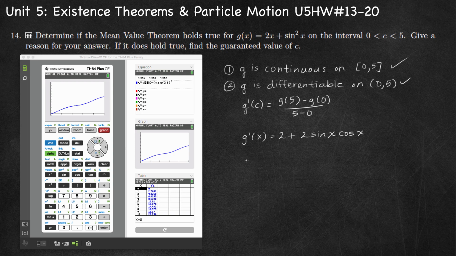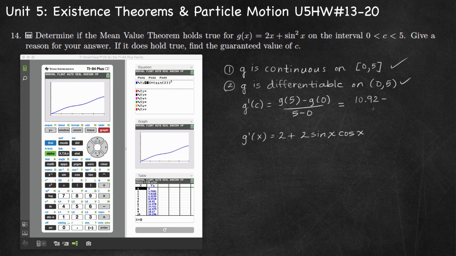And I want to set that equal to my average rate of change. So for the average rate of change, I need to know g of 5. I can see I've already got the table displayed here that g of 5 is 10.92. I'd rather have 3 decimal places, but I'm assuming the last digit rounded that up to 0.92. So we'll say